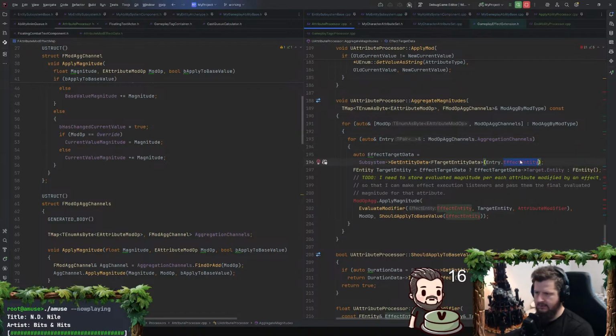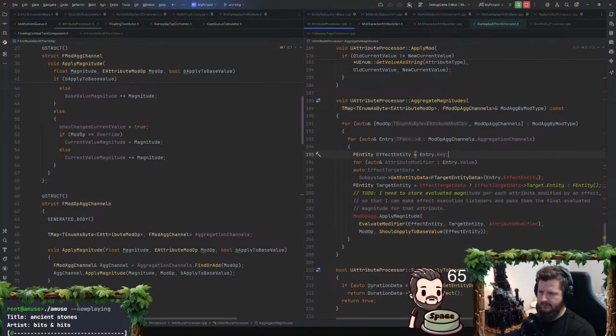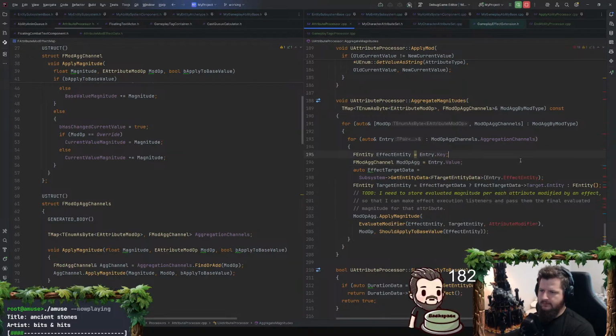Entry dot key, f entity effect entity, yeah, that. No, not that. And then we want the fmod ag channel entry dot value. What are you saying to me? Oh, implicit conversion copy operation. If I do const ref, is it fine?